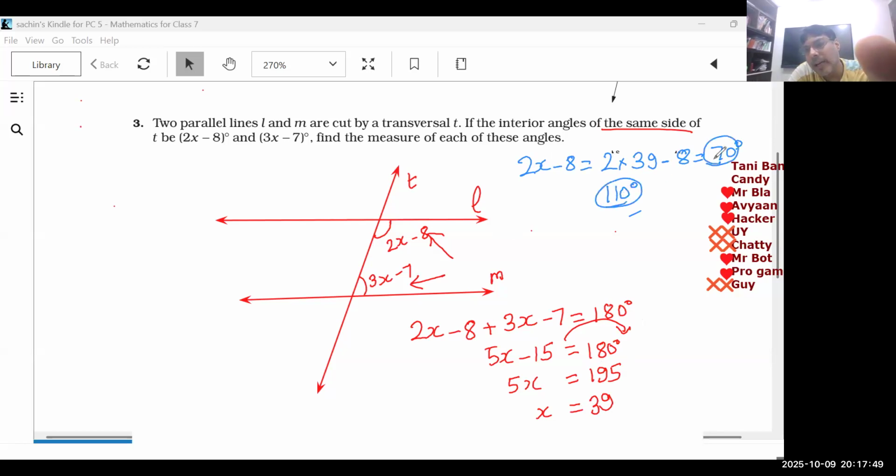So Tani, Bani, Candy, UI, Chatty, Mr. Cow, have we understood? Yes, sir. Sir, I subtracted. Sir, I did 180 minus 3 minus